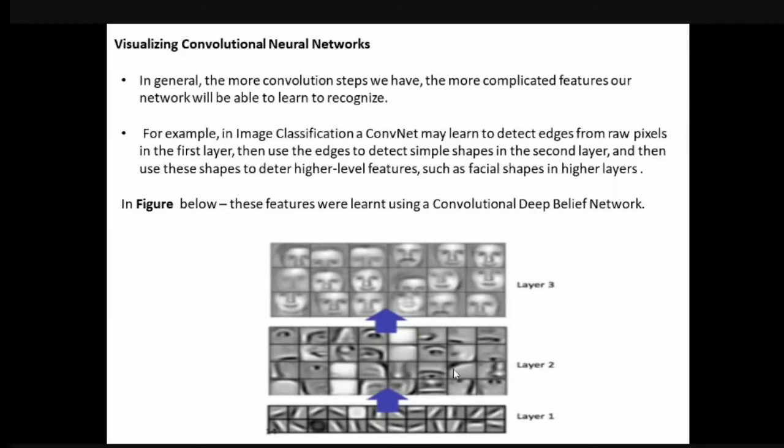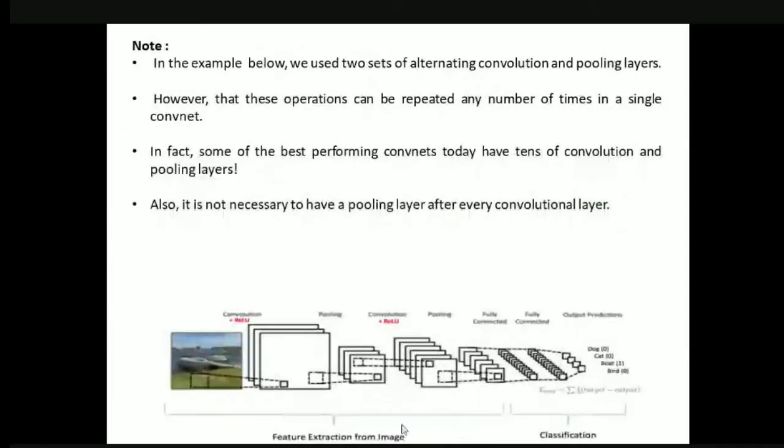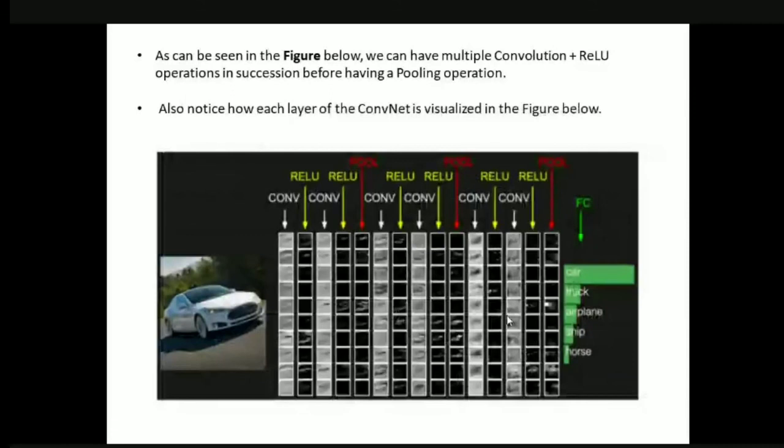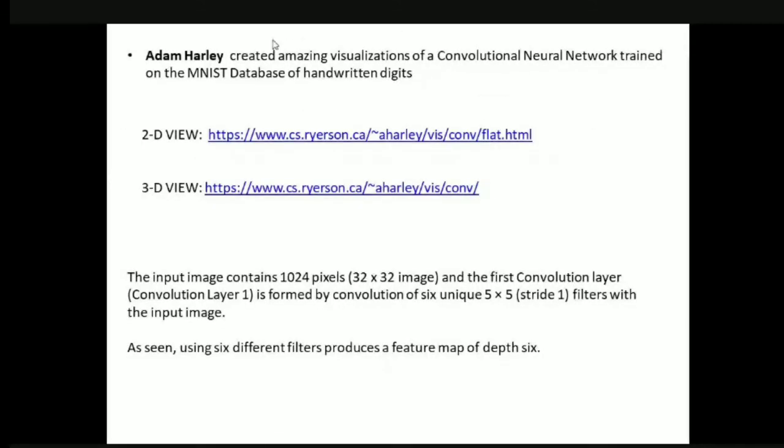See, if you come from the bottom, this is layer one. Only basic level features are identified. In layer two, some more high level features, and in layer three, even more high level features. That is coming from convolution, pooling, convolution, pooling. As I already told, the combination of convolution and pooling extracts the features from the image, and finally the fully connected layer classifies that image. So if we want to extract more features, we have to apply more convolution and pooling operations. Okay, clear?